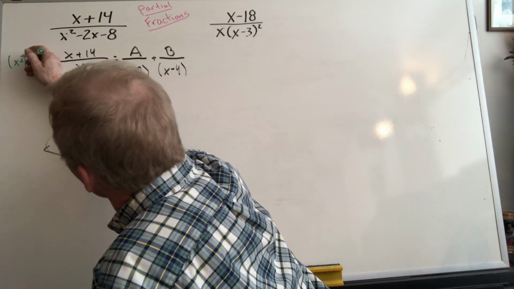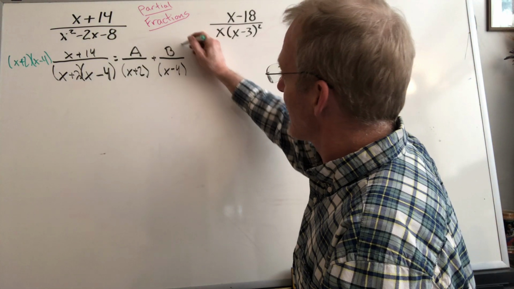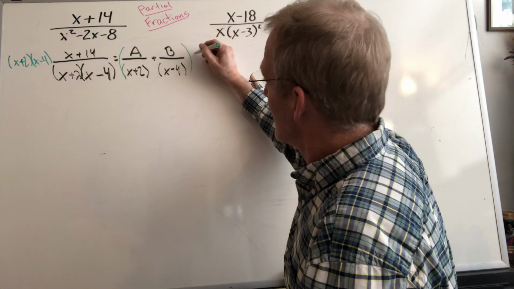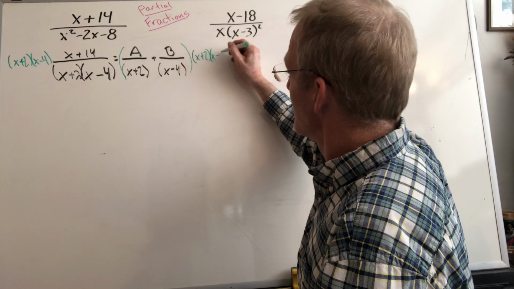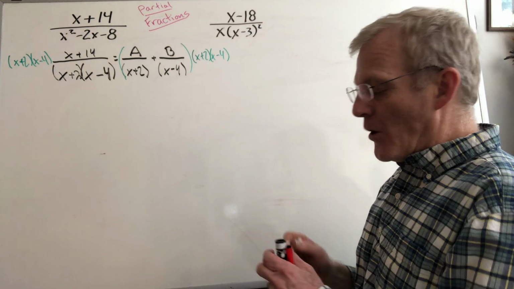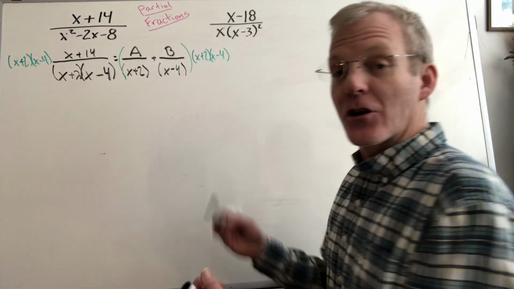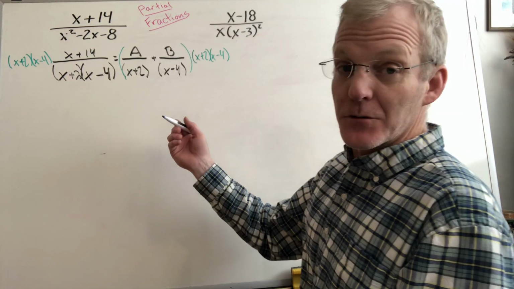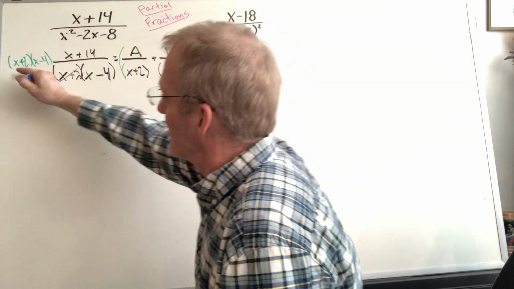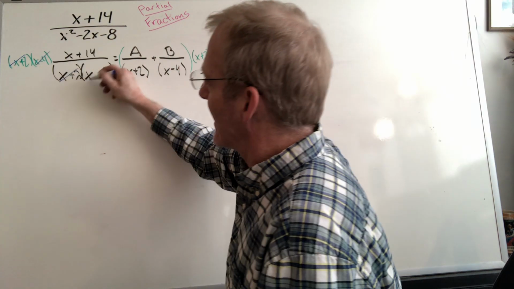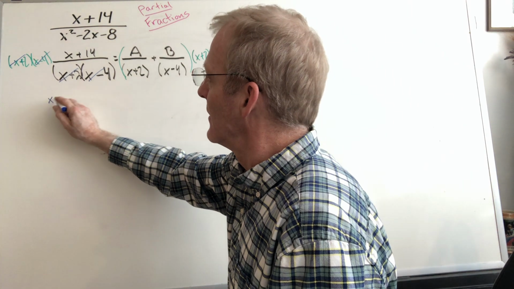Let's make that look a little better. Plus 2. Over here, let's multiply this whole side by x plus 2 and x minus 4, right? Well, what does that allow us to do? That allows us to actually cross-cancel, right? A little reducing here. So here cancels, here cancels. Well, we just got rid of that fraction. We've got x plus 14